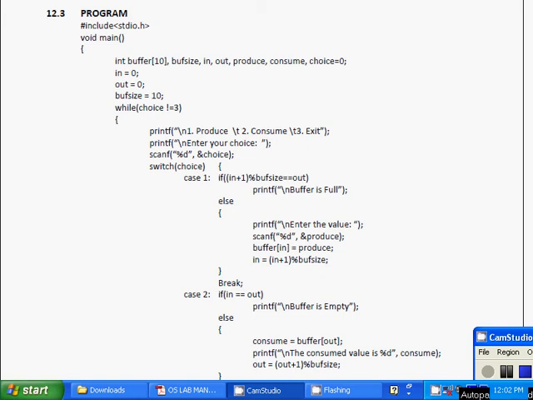At the same time, the consumer is consuming the data, that is, removing it from the buffer, one piece at a time. The problem is to make sure that the producer won't try to add data into the buffer if it is full, and that the consumer won't try to remove data from an empty buffer.